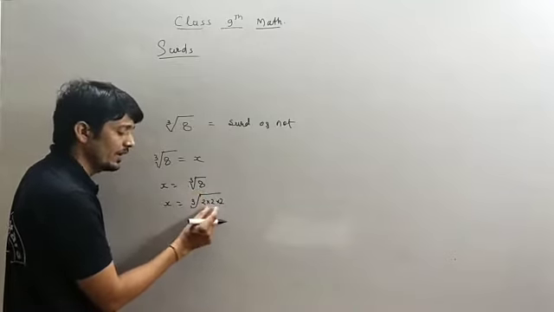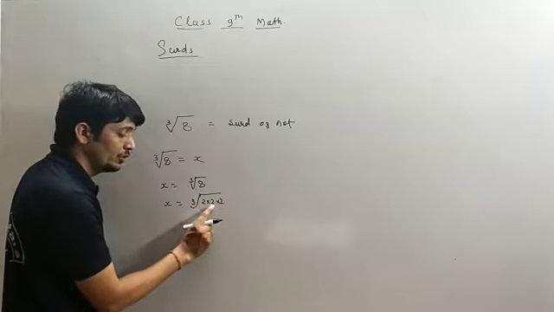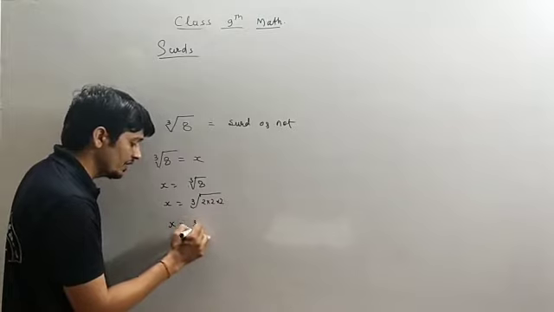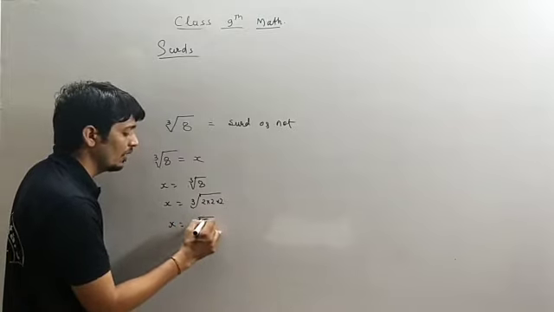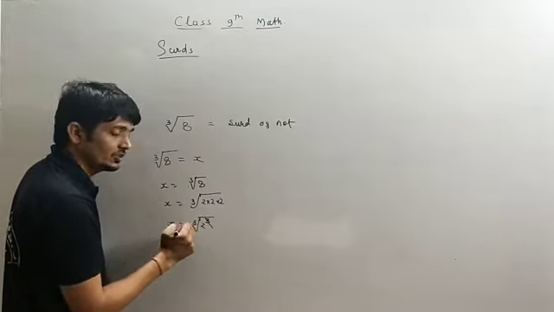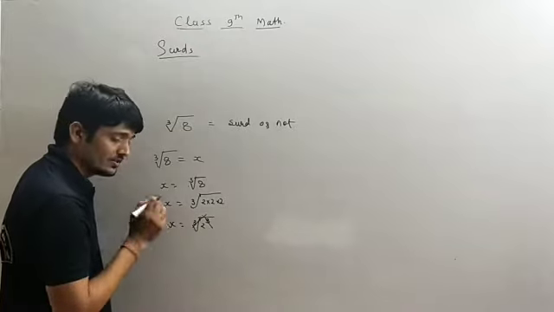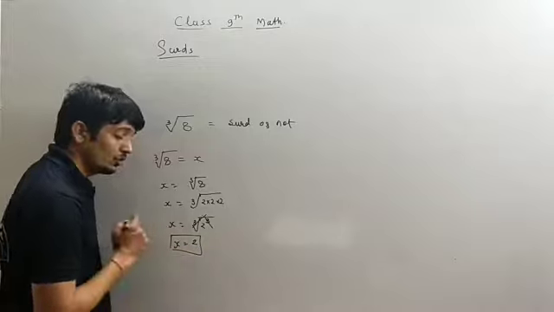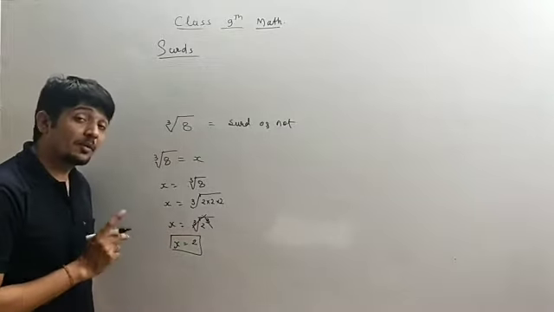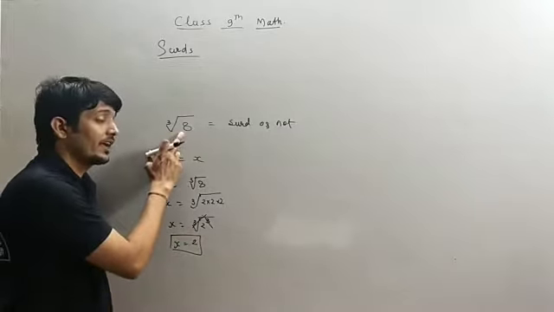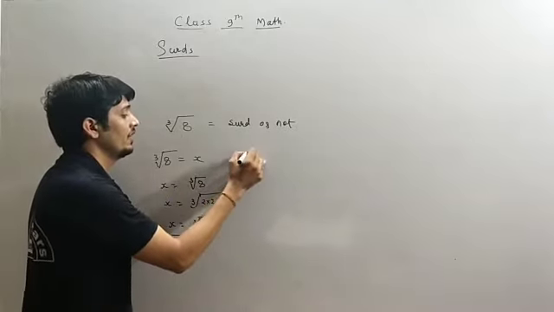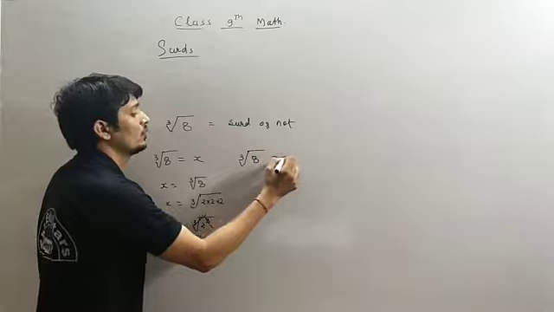So 8 को हमने इस फॉर्म में लिख लिया है. So 2 into 2 into 2 means 2 का क्यूब. So x equals the cube root of 2 to the power 3. So इस 3 से क्यूब रूट कैंसिल. So x की वैल्यू क्या आ गई? 2. और ये x क्या है? रेशनल नंबर है, तो इसकी वैल्यू जो हमने कैलकुलेट किया, ये 2. So we can write cube root of 8 equals 2.